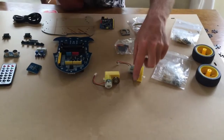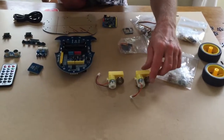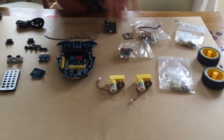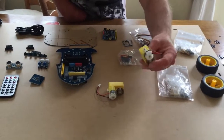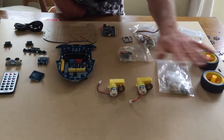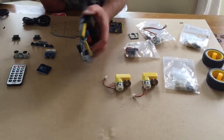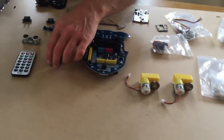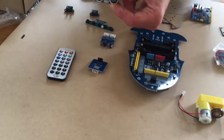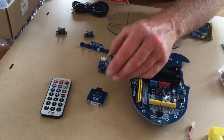Okay, so we've taken all the wrappers off the components, and there's more wrapping than going on a Tesco shop. So we've got rid of all of that, and I'll just talk to you about what these components are. Of course the best bit is we've got some motors, a couple of motors there. They will connect to those wheels in a little while. We've got the main base of the robot. Here we have a carrier. It says ultrasonic, so these are ultrasonic sensors for measuring distance, and I presume that these are going to